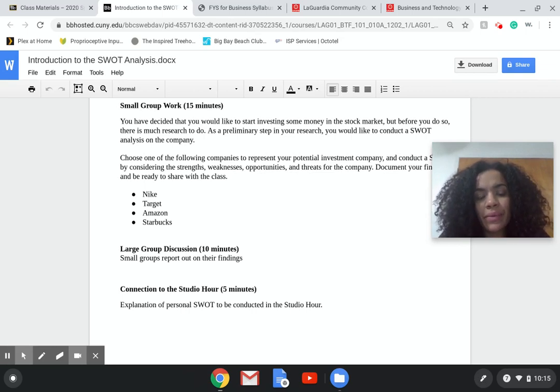If I had to take one of these companies myself, let's just take Amazon. Amazon has many strengths. They have built an incredible online presence. They have software technology that is to some extent unparalleled in terms of their e-commerce business, the fact that you can be buying things with one click. They also have a fairly robust logistics situation where they're able to deliver products in such a short period of time. And a sometimes overlooked strength of theirs is Amazon Web Services, which provides a lot of cloud computing and storage